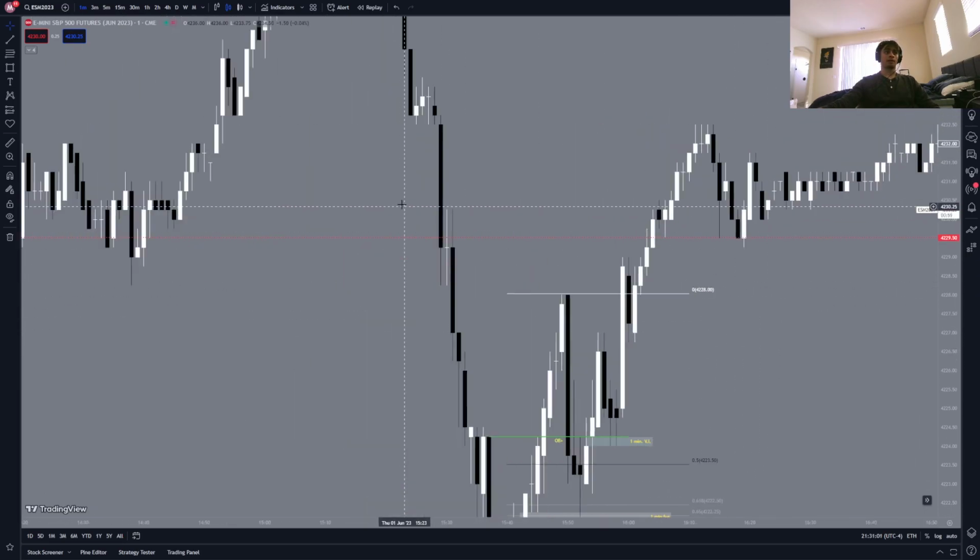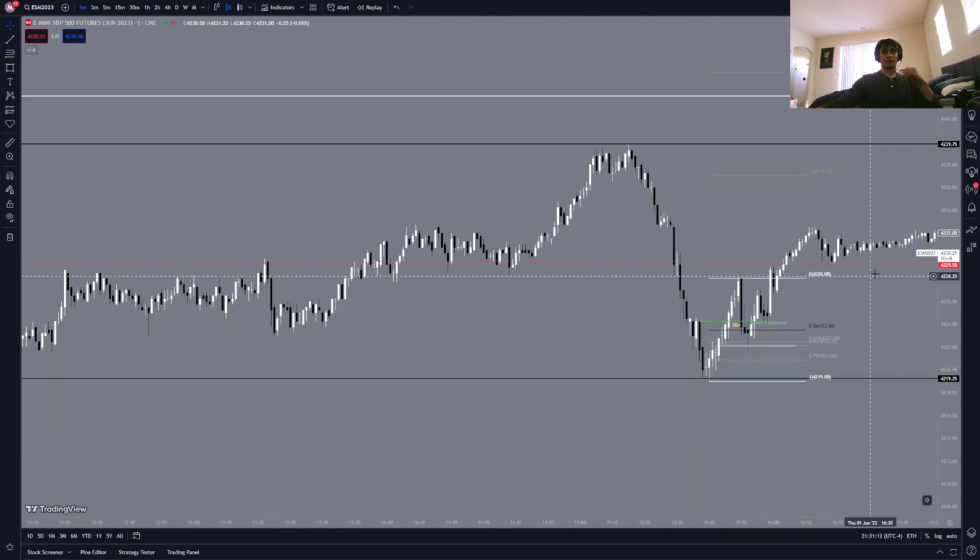And then I took the rest of my position out right in this fair value gap right here. So all in all, pretty decent trade using my high time frame bias and using that new week opening gap